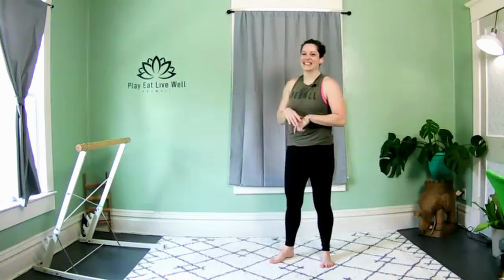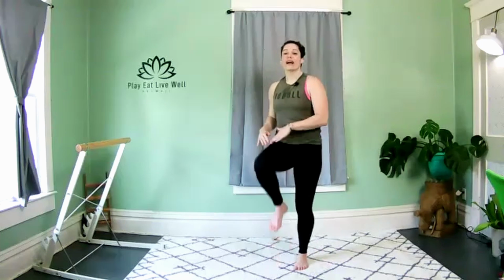We have 3 moves we're going to do. 45, 45, 30, 30, and we're out. So 3 rounds, lowering time every time. As we get more and more fatigued, we're going to have to work less and less and less, which is really nice. So your first move, which we'll do for 60 seconds, is 4 high knees, followed by 2